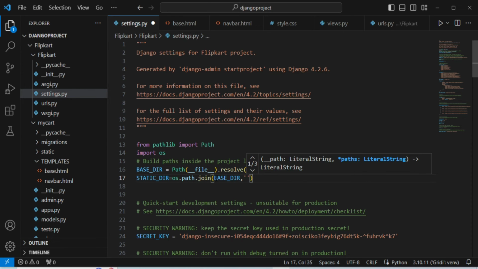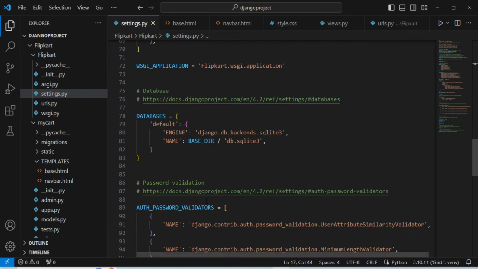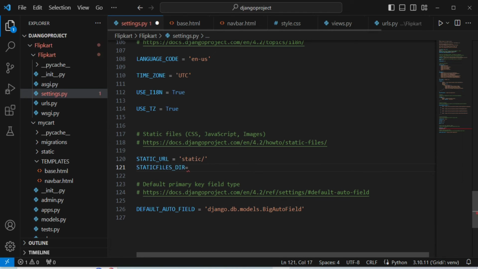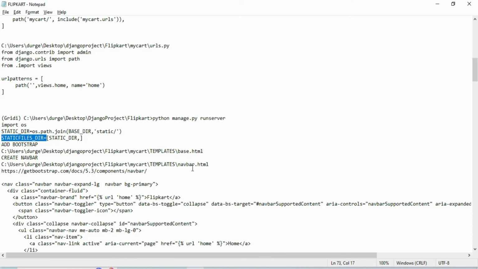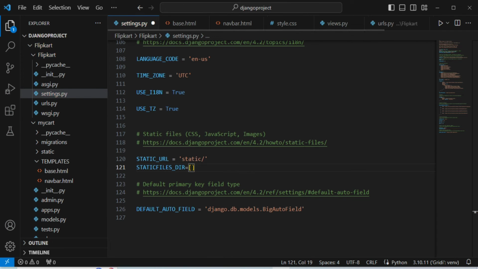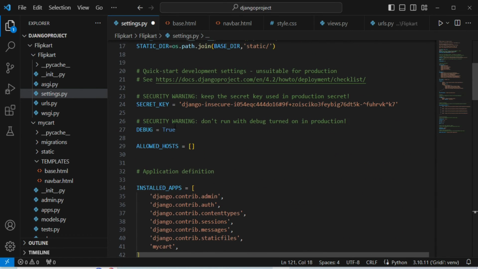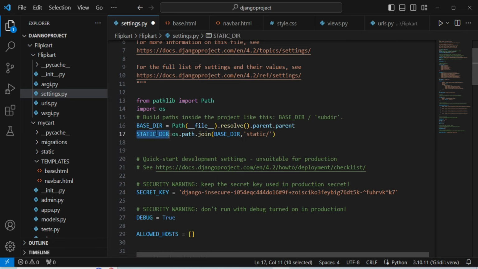Then here we need to specify the name of the folder we have created, which is static. Come down, then at last here, STATICFILES_DIRS, type exactly the same. Then inside the square bracket, simply paste this static dir,